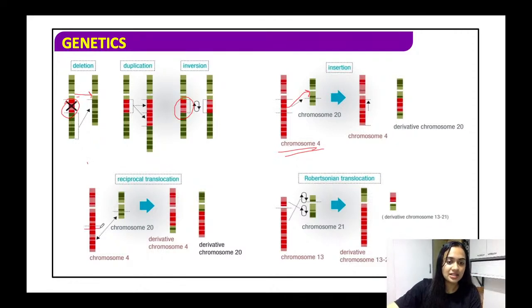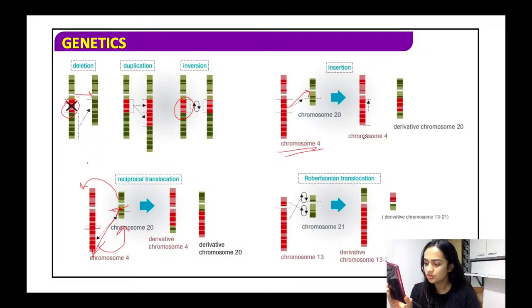तो एक पार्ट यहाँ से कट होता है, एक पार्ट यहाँ से कट होता है, ठीक है? और दोनों एक दूसरे के रेसिप्रोकल, यानी कि ये यहाँ आ जाएगा और ये जो पार्ट है ये यहाँ चला जाएगा। रोबर्टसोनियन ट्रांसलोकेशन, इसमें क्या होता है? ये पहले होता है, देखिए ये पहले इन्वर्जन होगा, ठीक है? इन्वर्जन होके उसके बाद ट्रांसलोकेशन होगा, ठीक है? तो ये होते हैं टाइप्स।